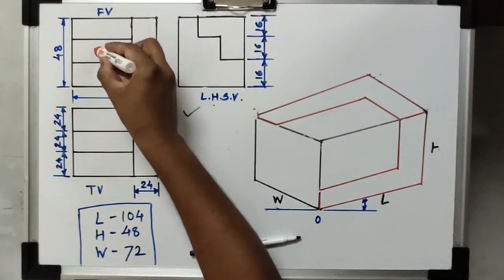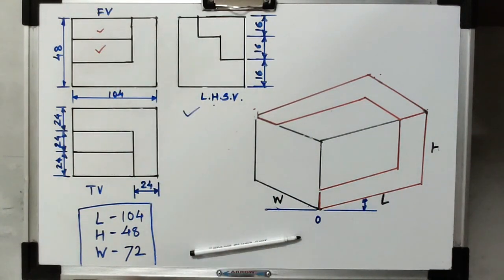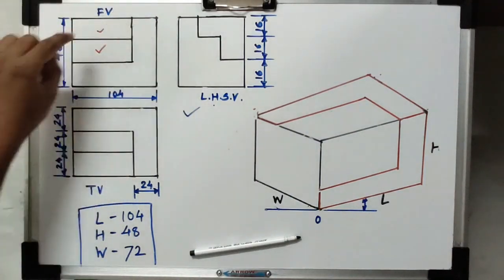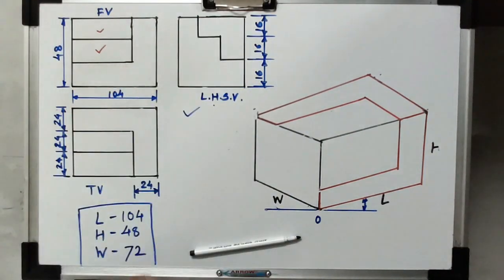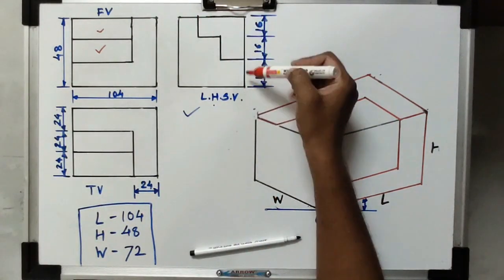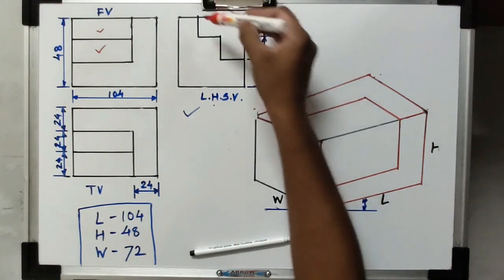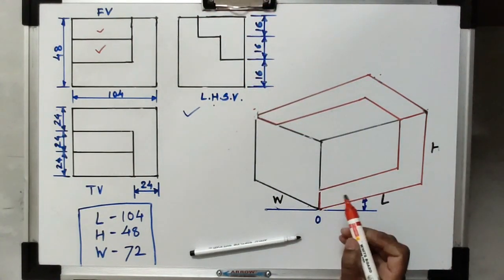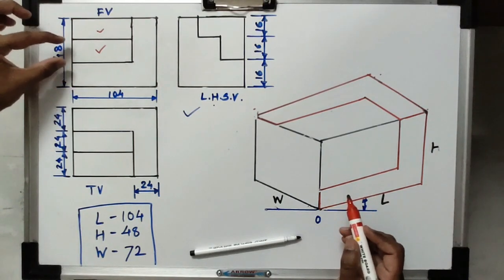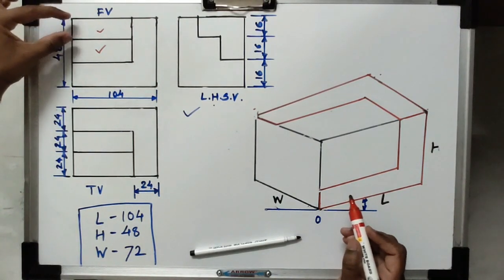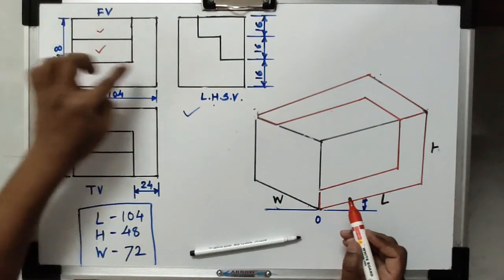Now when we are going to represent these two portions, we have to take the reference of the side view. In the side view, these portions actually look like a step structure. When we start from either the bottom or top side, we can consider any one. Initially I will consider that I have already created the front view bottom portion, then I will create this portion, and then this portion. So I have to match this portion in the side view.